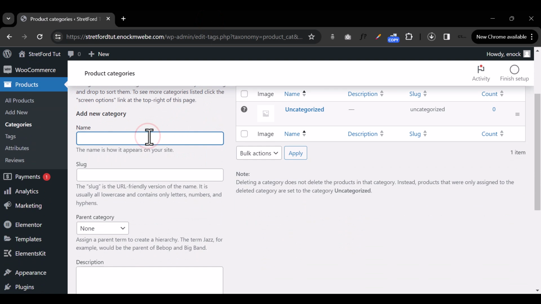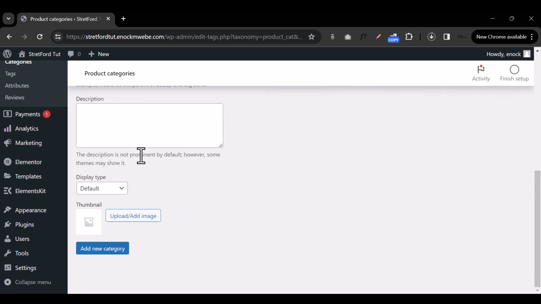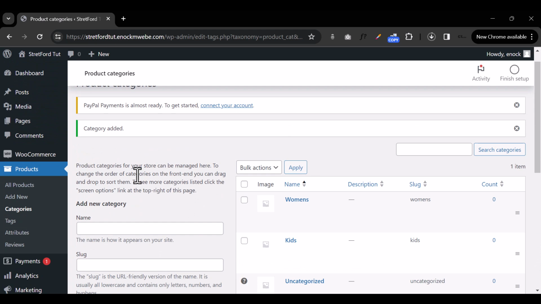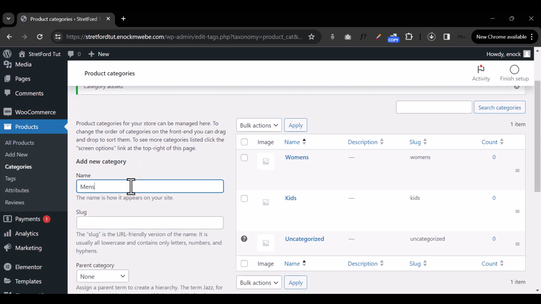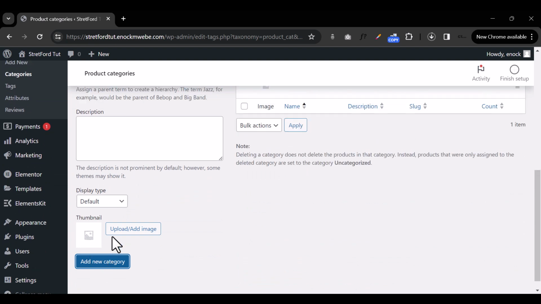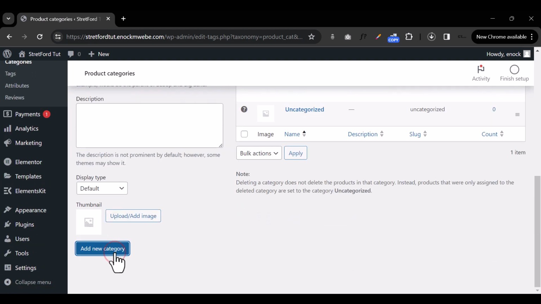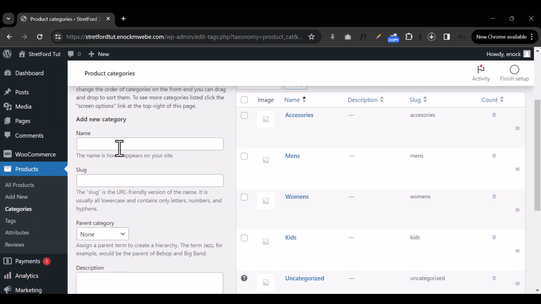The first category we're going to create is for kids. You can have subcategories, but I would rather keep them by default. I just fill in everything that I need to. For example, kids. I've created kids, so it shows up here. Then I'm going to create women's, and it's been added. I'm going to create a men's category. I'm going to create something for accessories. All right, I'm going to create something for boys,